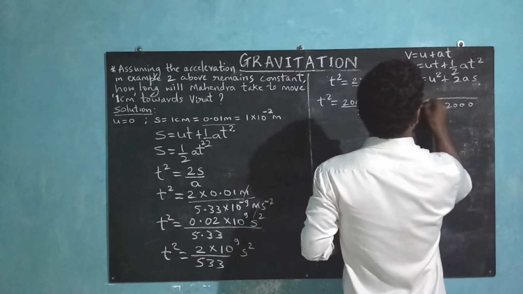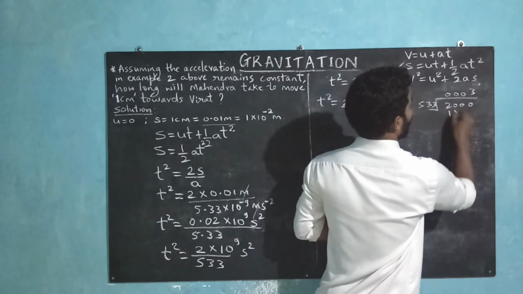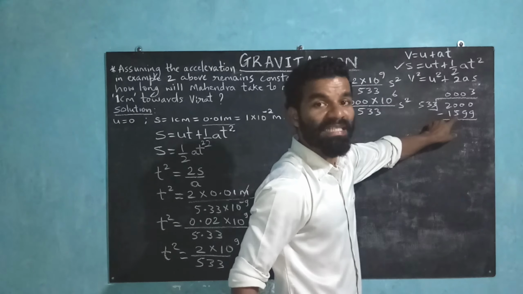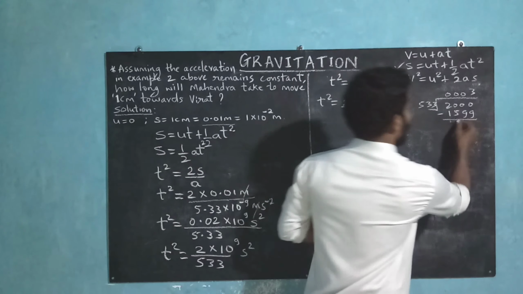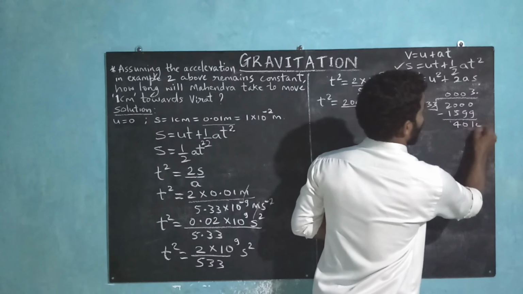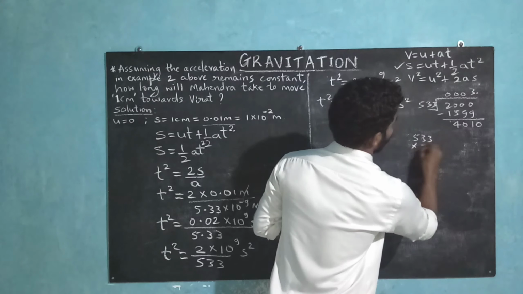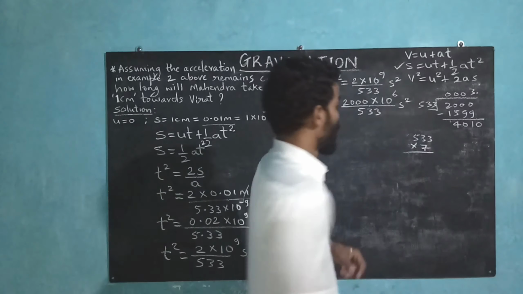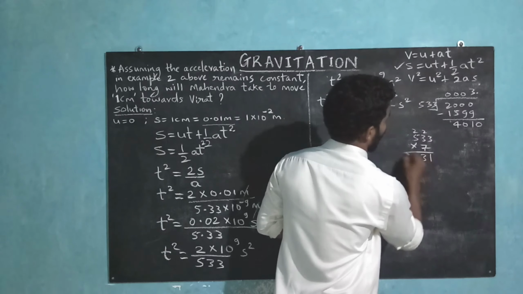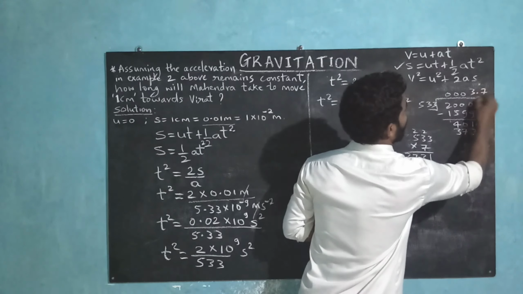2000 divided by 533. Here we will get 3, 3 times 533 is 1599. So it is one short of 1600. That is 400, so 1 will be the remainder. Next, take a decimal and take a 0 here. So 533, let's try multiplying by 7. So 7 times 3 is 21, carry 2, again 21 and 2, 23, and this is 37. So 3731, this is 7 over here.